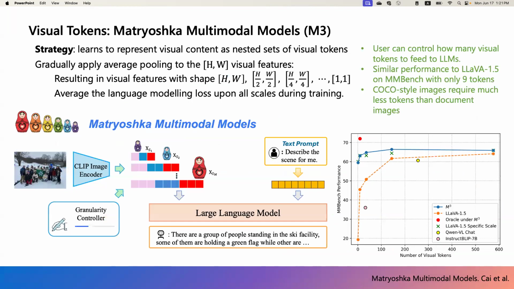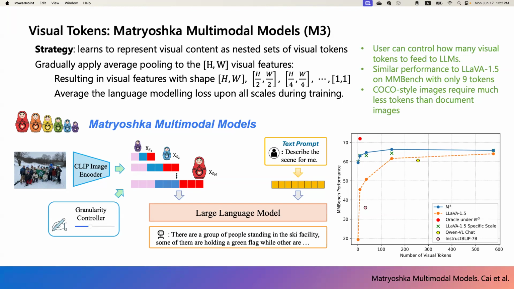And recently, we also have a new work called Matryoshka Multimodal Models. This work is not only about condensing, it's also about adaptiveness and controllability. We borrow the idea from the Matryoshka, which is just a toy from Russia, right? This strategy tells us that we can put the tokens in a nested manner. The first token, we can use for the task; the first 2 tokens, the first 5 tokens, the first 100 tokens, the full set of tokens. We can adaptively control the model to take a various number of tokens as input